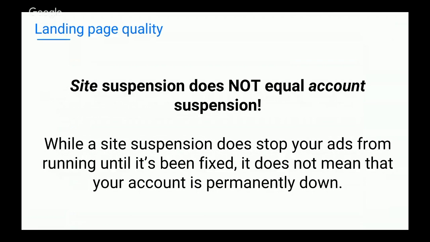That being said, if you have multiple site suspensions within one AdWords account, that can result in an account suspension. We really don't want you to get to that place. I'm sure some of you have been there. It's incredibly difficult to fix because you actually need to go through and resolve each and every site suspension and get those back up and approved, even if you're no longer running ads for that site, before the account goes up. And it's not fun, so we just want to make sure that we avoid that and we help you guys be successful in AdWords.